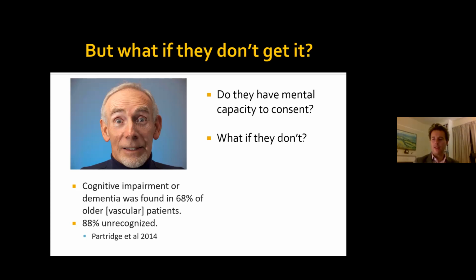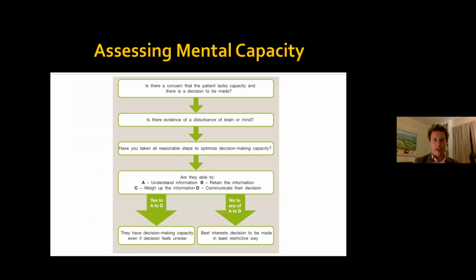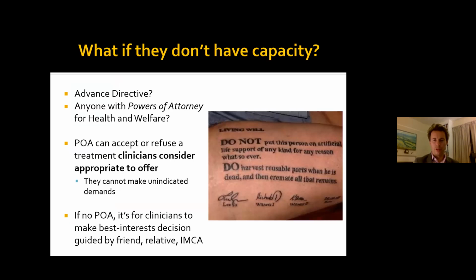And that doesn't necessarily mean that they don't have capacity. It just means that we need to be very careful about that. And I'm sure you're already very familiar with the issues surrounding capacity. But it's obviously being able to understand information, retain it, weigh it up, and communicate the decision. And if capacity is absent, then of course we are obliged to follow the instructions of those holding powers of attorney for health and welfare. Where such attorneys don't exist, then we need to formulate a best interest meeting, and that will obviously be guided by friends, family, or if none are available, an